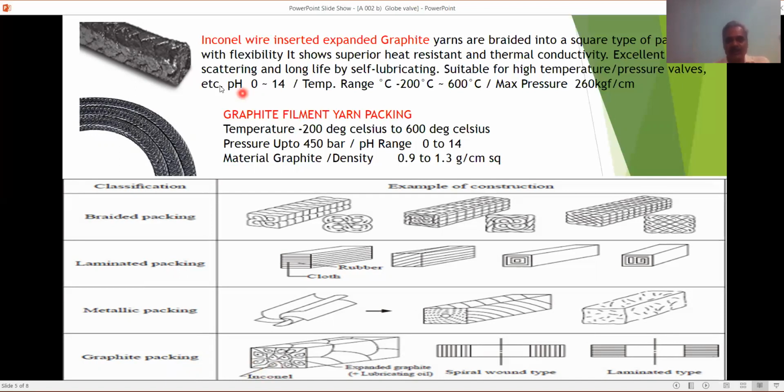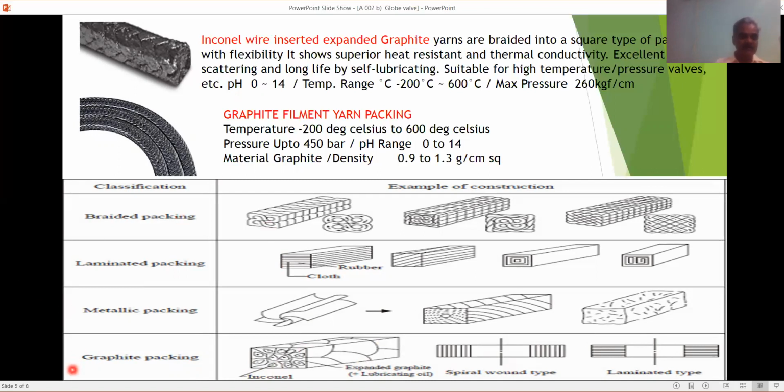That is what exactly I told here. Whatever the packing may be, when inserting, you cut it at 45 degrees. Sorry, the joints should be staggered 90 degrees, inserted properly in opposite directions, or 90 degrees apart.